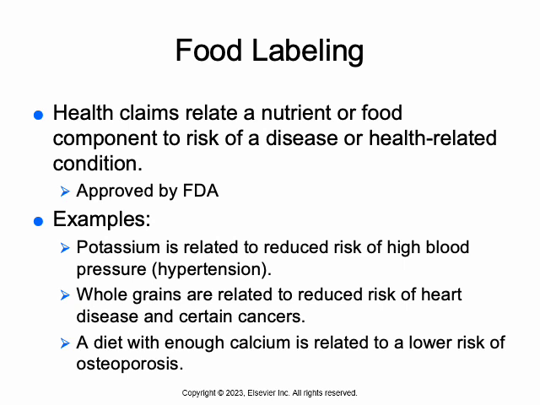In your textbook, you'll find other statements like folic acid is related to a decreased risk of neural tube defects in pregnancy. You'll see things like a diet low in saturated fat, cholesterol, trans fat are related to reduction of coronary heart disease. So there are numerous statements that have already been approved by the FDA. I would encourage you to look in your textbook to see what they are. But the main focus here is that any health claim that relates a nutrient or food component to a reduction or a risk of heart disease, liver disease, bone disease, anything like that needs to be approved by the FDA.